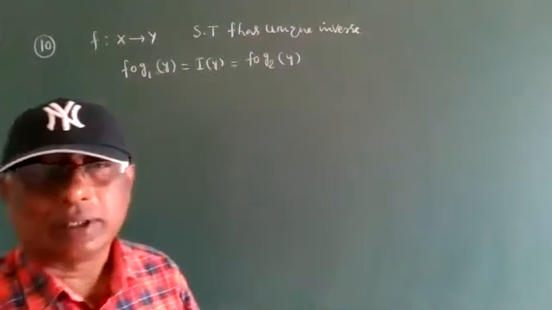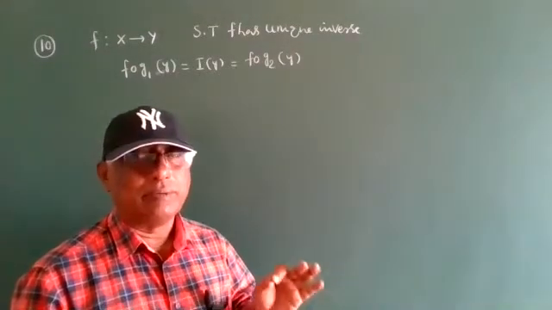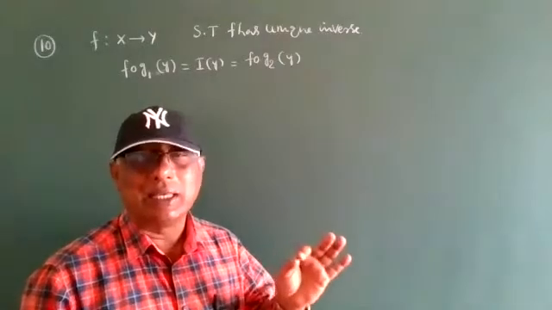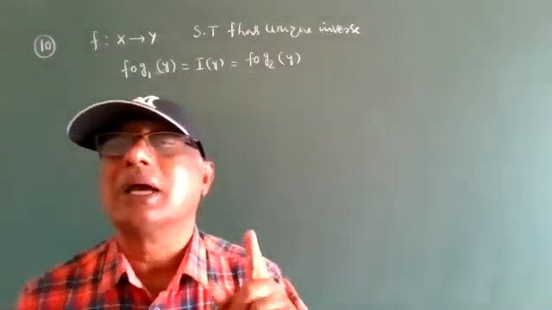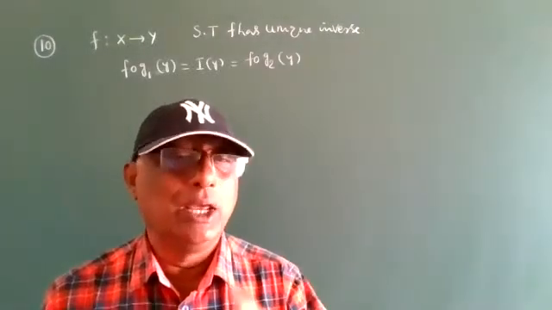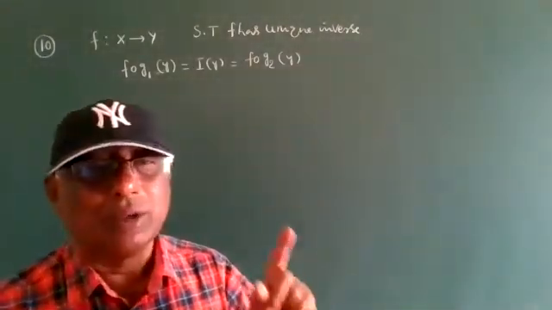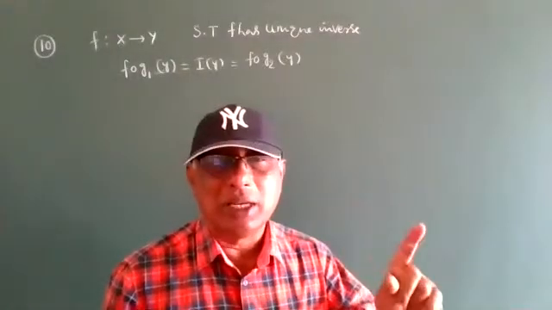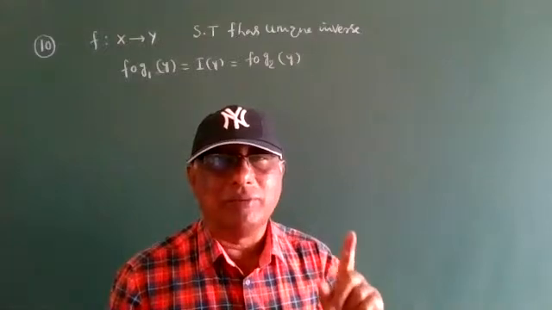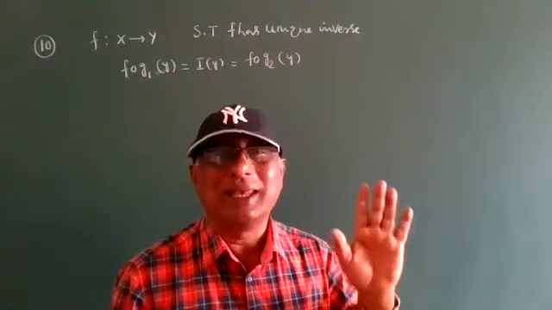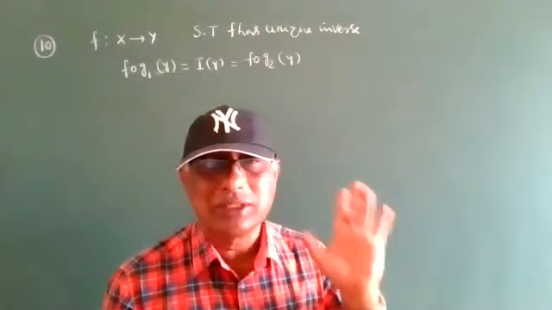Okay. First you have to see. Everyone observe. Every function has only one inverse. There is no question of more than one inverse. One function has one inverse. That means one element has one inverse, and a second element has a second inverse. Therefore, every element has only one inverse.